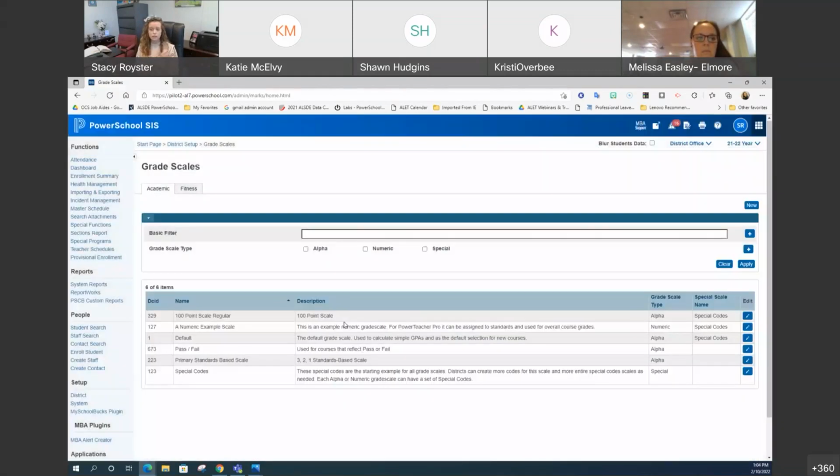Now, I'll say there are two main grade scales that are used throughout the state. We'll poke at each one so that you can kind of see where you need to look for your information to know how this is calculating. So I'm going to start with the 100-point grade scale, because about 60% of the districts throughout the state use it, and the other 40 use the default, which is similar to what we had in iNow. So in this 100-point grade scale,